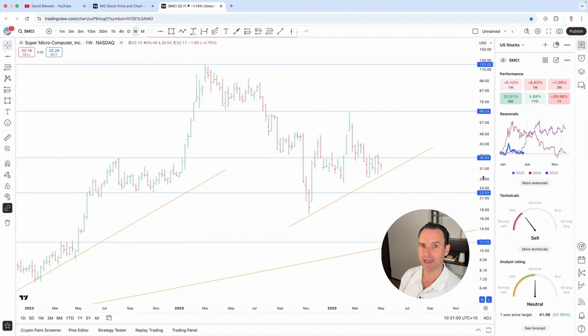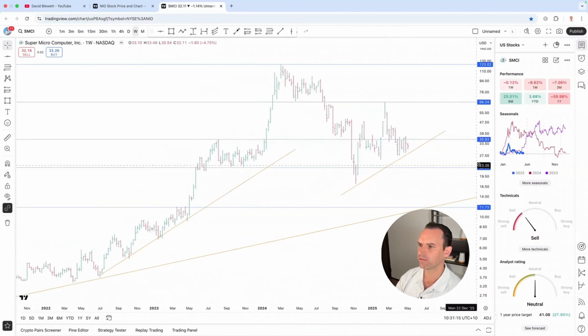But what about the bear side? What if price falls away? Where could it go and where might it stop? So looking at the chart, we have got this short to medium term trend line supporting the price action. But you'll notice that the price action of SuperMicro is quite a long way away from this longer term trend